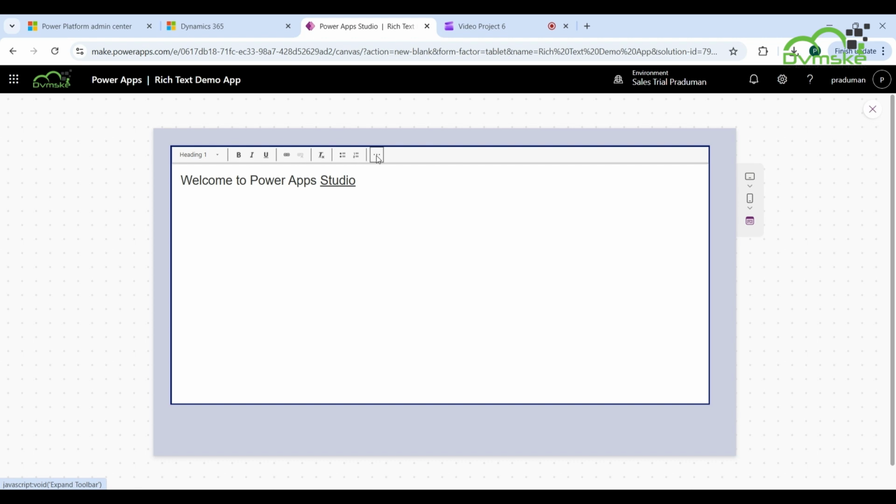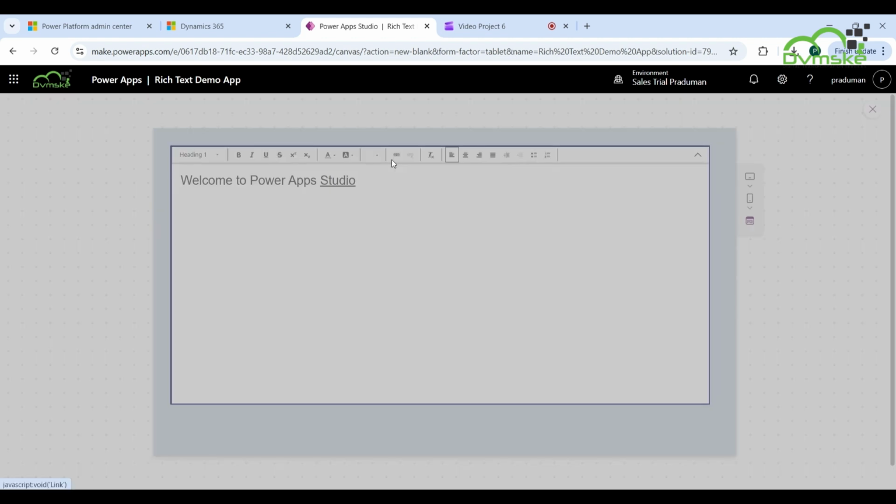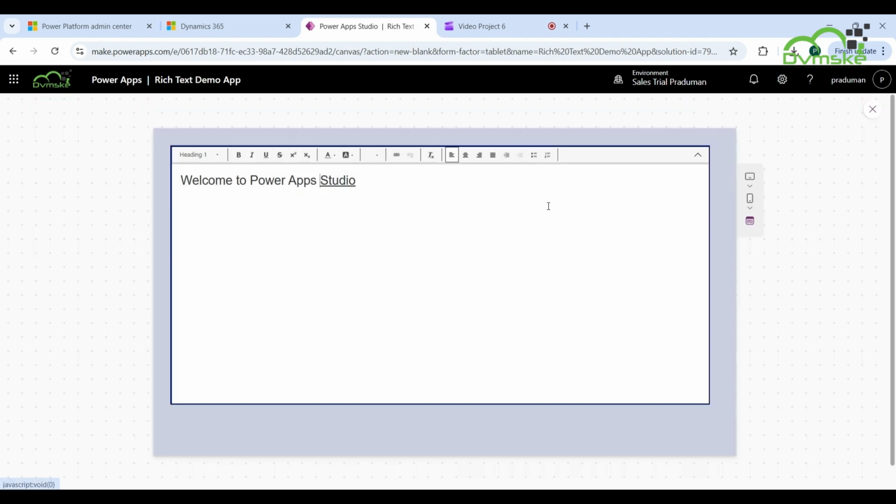Now click on expand toolbar. Like if you want to change the background color, you can change it from here. If you want to add a hyperlink, you can add it from here. Like if you want to align the text left, center or right, select the text and choose the alignment option